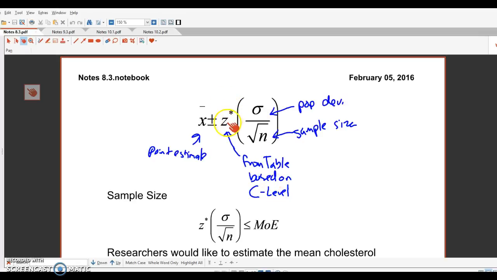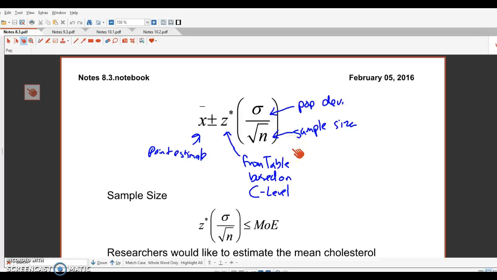And then that would be multiplied by the standard error, which is the population deviation over the square root of n. Now notice this standard error is a little bit different from the proportion one, because we're talking about something with a mean and deviation, not something with the p-hats involved. Everything after this plus minus, once again, is considered the margin of error. The thing that makes this a little bit